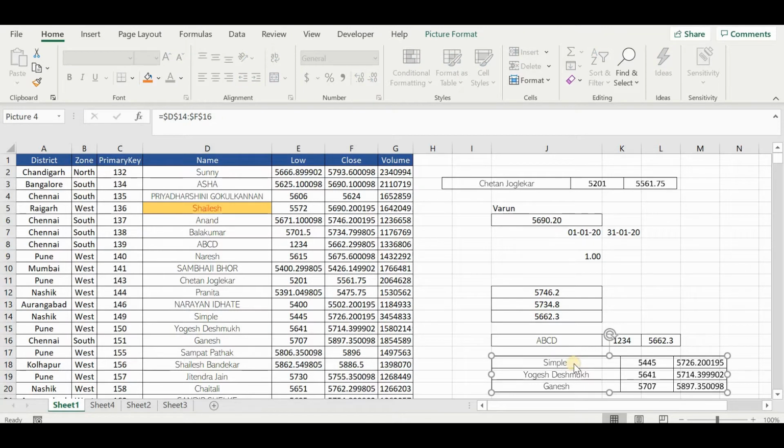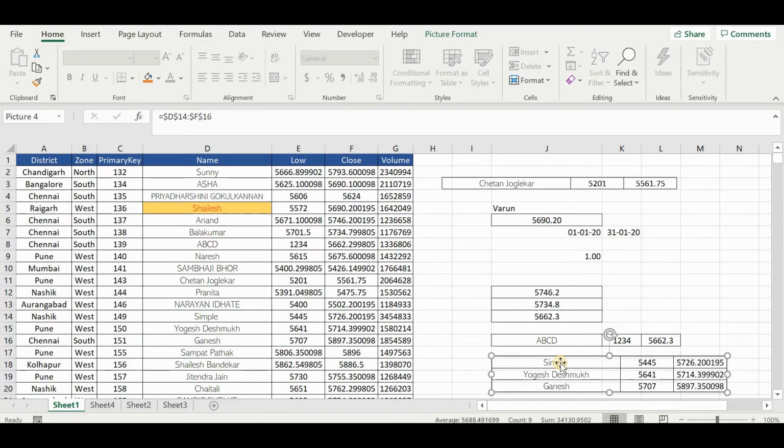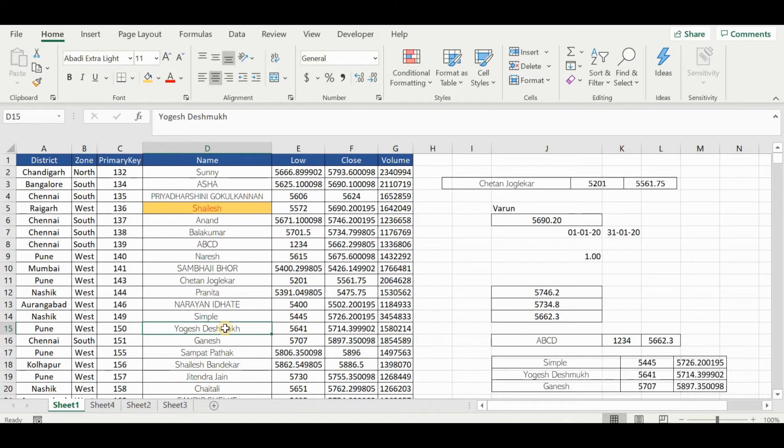This is good because you cannot change the data here. You can delete the entire thing by pressing delete, but if you simply want these things to reflect, then it's a good option. So, hello, new number. You see it is getting changed automatically, so that is very interesting.